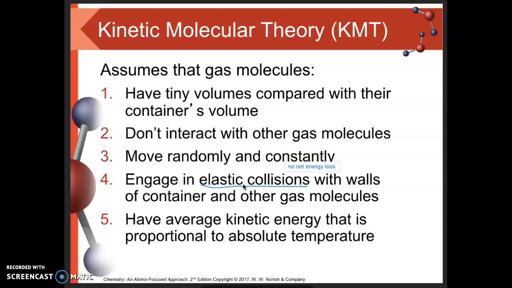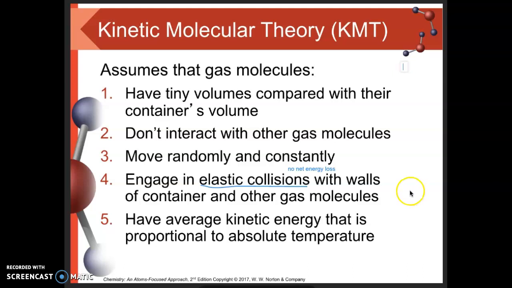The last assumption that we make is that the gases have an average kinetic energy that is directly proportional to their absolute temperature. We've talked about this relationship in a number of different ways before. The relationship between temperature and kinetic energy plays very much into the role of why we have a Kelvin scale in the first place and what absolute zero is. So these are our fundamental assumptions of the kinetic molecular theory. Looking at each of these five, none of these are really all that earth-shattering. In fact, they make a lot of sense.